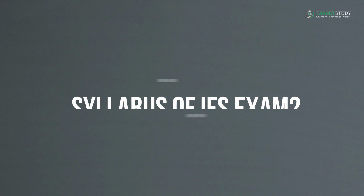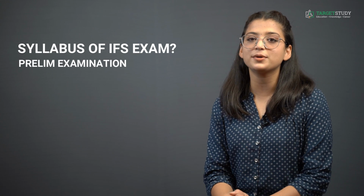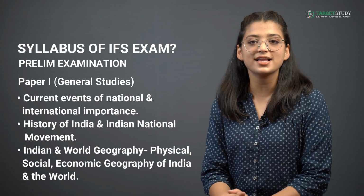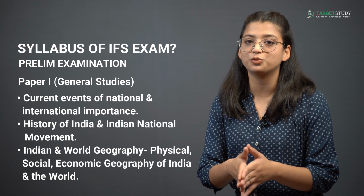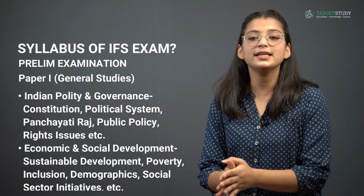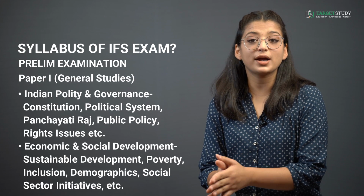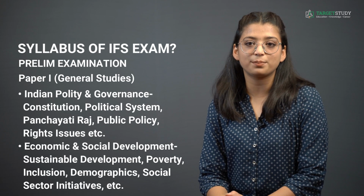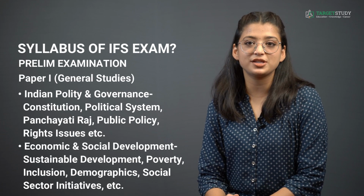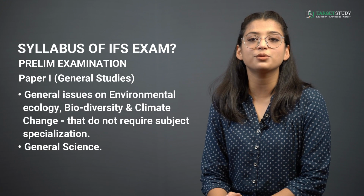Now you would like to know about the syllabus of the Indian Forest Services exam. The preliminary examination consists of 2 papers, that is, paper 1 and paper 2. Paper 1, that is general studies, will consist of questions from current events of national and international importance, history of India and Indian national movement, Indian and world geography, physical, social, economic geography of India and the world, Indian polity and governance, constitution, political system, Panchayati Raj, public policy, rights issues, etc., economic and social development, sustainable development, poverty, inclusion, demographics, social sector initiatives, etc., general issues on environmental ecology, biodiversity, climate change that do not require subject specialization,